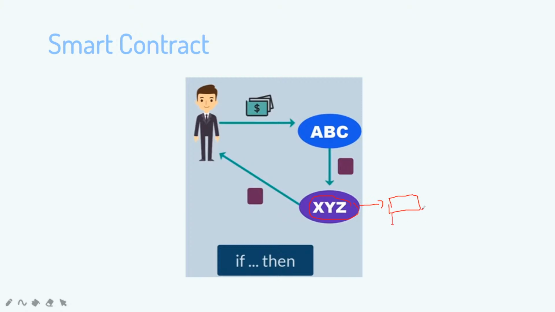Generally, what I do currently is transfer the amount to XYZ, then XYZ transfers the laptop to your home. This is what we are doing even now, like using Flipkart or Amazon. Suppose the product I receive is not good or is damaged, then we need